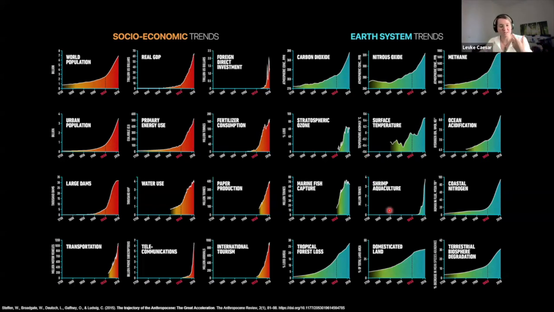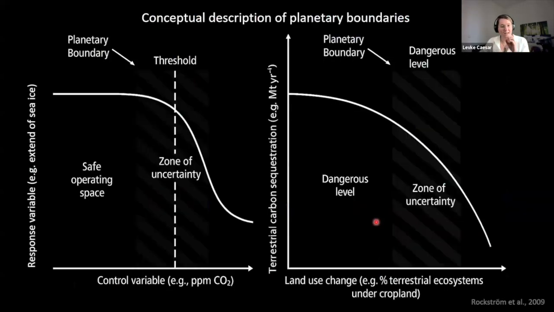With this beginning of this human-driven time, a new question arises, which is, what are the non-negotiable planetary preconditions that humanity needs to respect in order to avoid the risk of catastrophic environmental change at continental or even global scale? And this is what the planetary boundary framework tries to answer, to define. That is the safe limits for key Earth system processes.